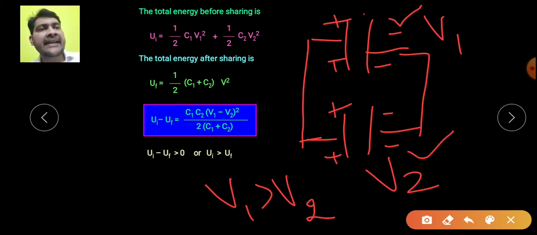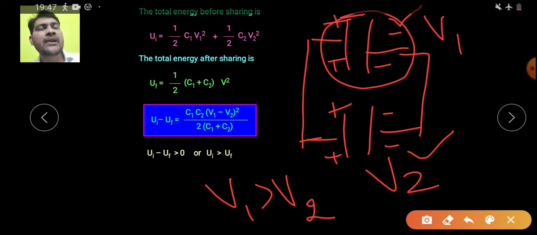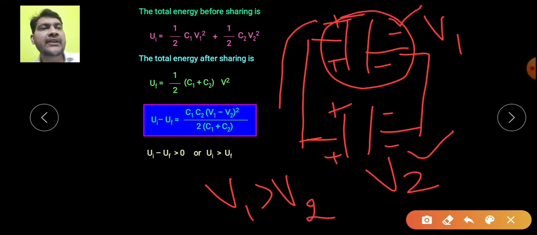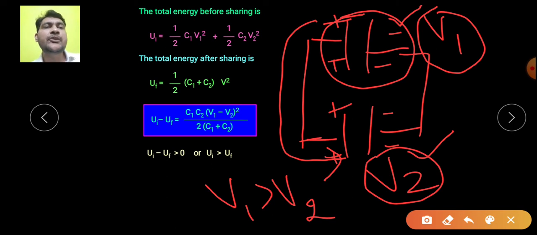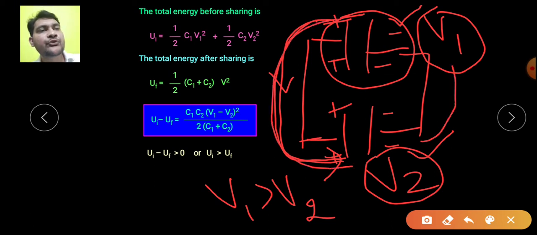Then, being at high potential, the charge from the first capacitor will start moving towards the second capacitor, so that here the potential falls and the potential of the second capacitor increases. This redistribution of charges takes place until both capacitors obtain equal potential, that is the common potential. So during that time, when charges were transferred between the plates, some electric current was flowing in the wires joining the plates. That electric current produces heat energy in the wires.